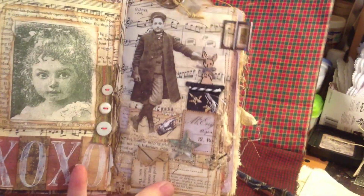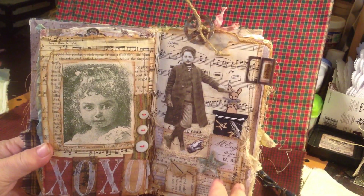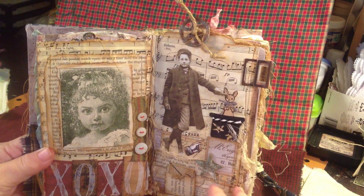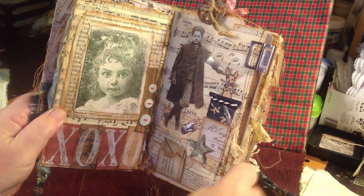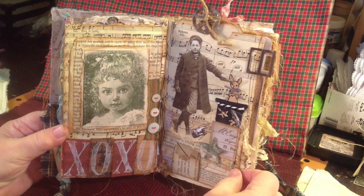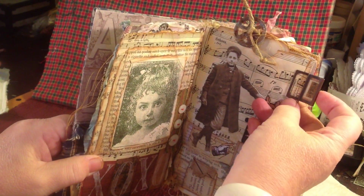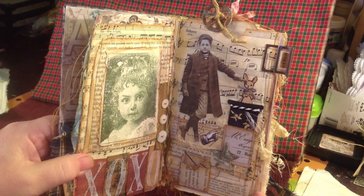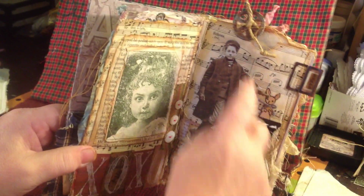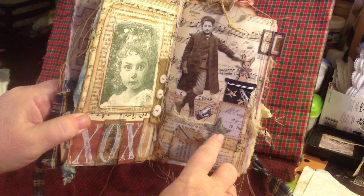And here is a page with a little guy doing a magic trick with Bunny. I told you Bunny was in here a lot. This is a big day for him. It would be like his debut album or something, you know, because he's in here so much. And on the side is a little, I don't know what you call that, a little metal tab thing. It says magic. And there is a gear up here, a little steampunky, and there is a